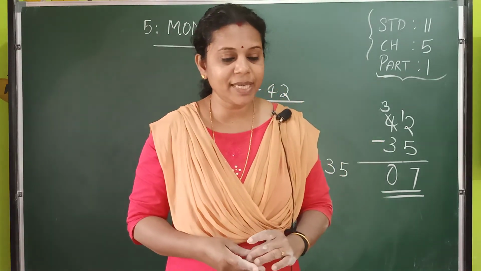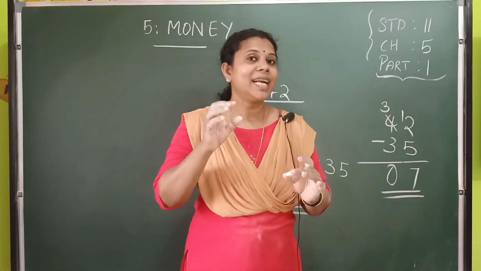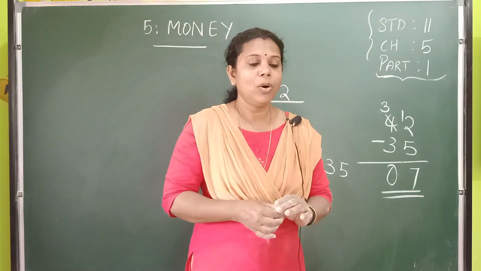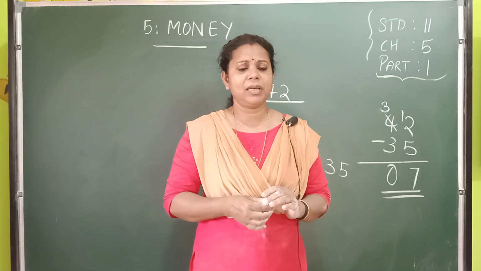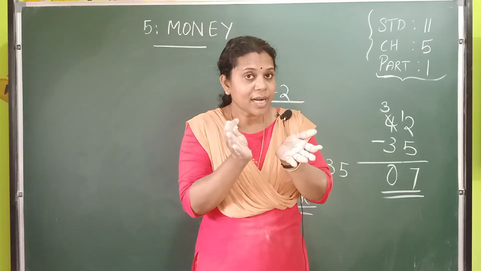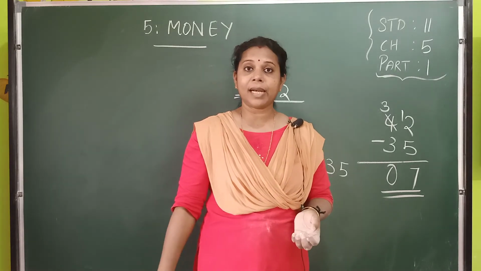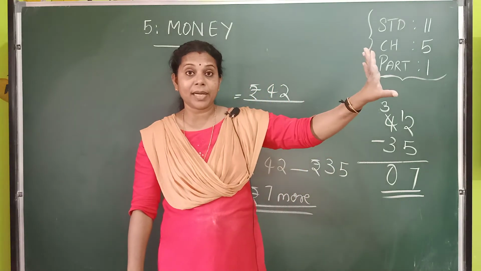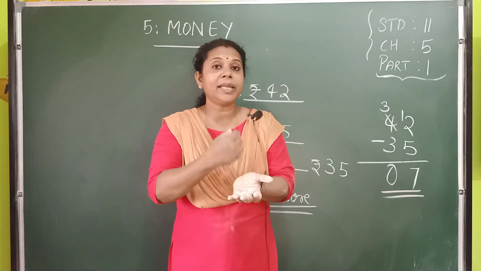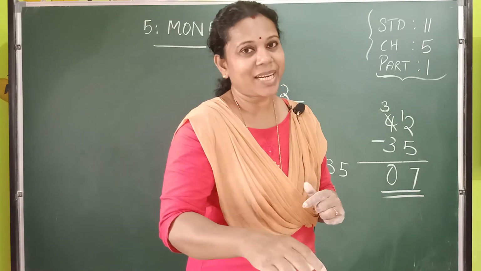Latif has rupees 77 in his piggy bank. Latif is a good boy. He has the habit of collecting money. He has a piggy bank and only rupees 77 in the piggy bank. How much more does he need to make rupees 100? How much more is needed for rupees 100? What is our target? Target is rupees 100 and now we have only 77 in hand. How to find how much more money is needed? How to do it? It is the subtraction method.